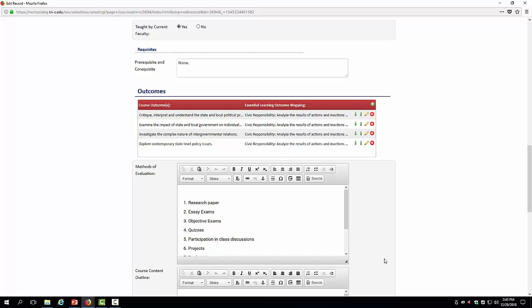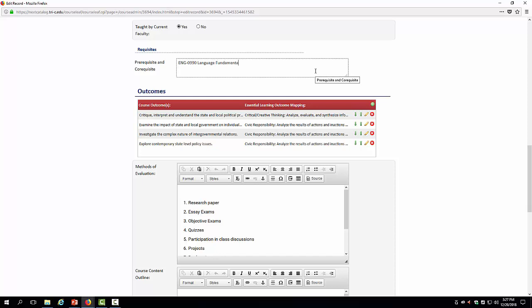In the Requisites field, please complete the field stating the prerequisite requirements as you would like them to appear in the college catalog and course schedule. Note that some prerequisites have standard language used by the college. For example, eligibility for English 1010 is listed as English 0990 Language Fundamentals 1 or appropriate score on English placement